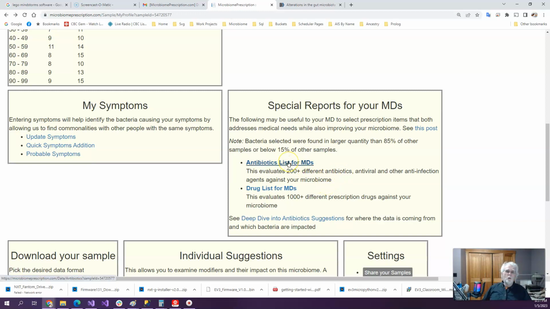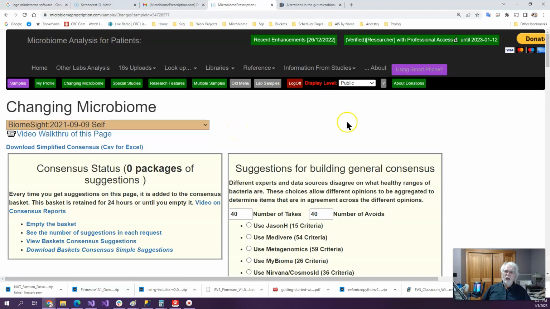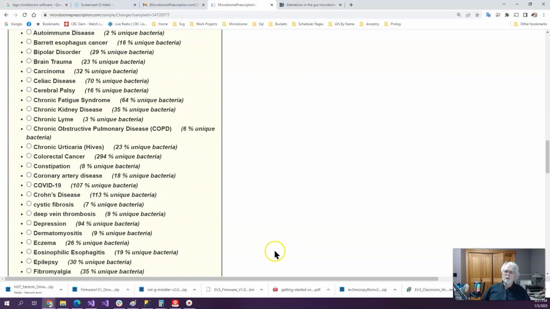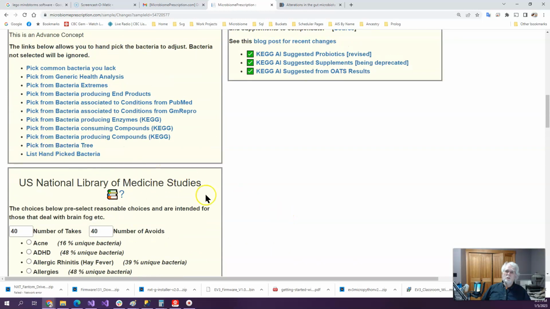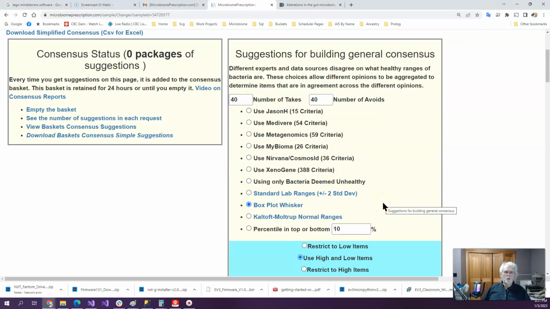If it is, it will generally try to suggest which antibiotics are the best match to adjust your microbiome. But what you usually want to do is go over to the changing my biome site, and there you have multiple ways of picking bacteria. You could pick by using PubMed studies, or by simply things which we determine are abnormal. I'm going to show you the simplest way, which I usually do in my reviews, which is 1, 2, 3. These three methods are